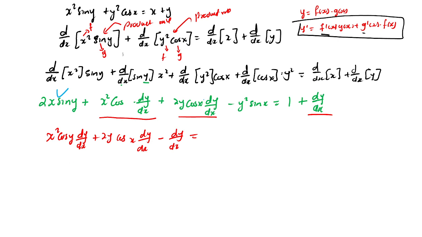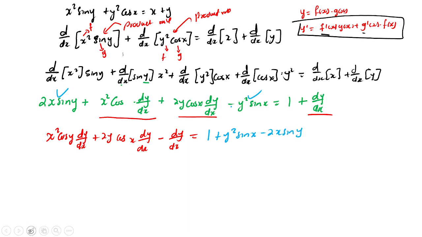The ones that don't have dy over dx are going to go to the right hand side, right? So what do we have on the right hand side? We have 1, the negative becomes positive,